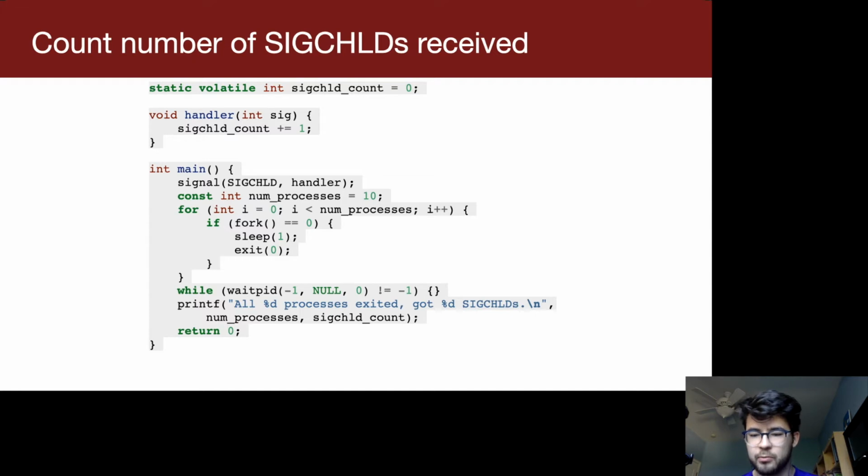This waitPID is going to wait for all of the children to exit, and you get SIGCHILD when the children exit. So you can get SIGCHILD signals up until this point, just after this while loop. After this point, you've already called waitPID on all the child processes. All the child processes have terminated. All the SIGCHILD signals have come in. There won't be any more after this point. So by the time you get to this printf,